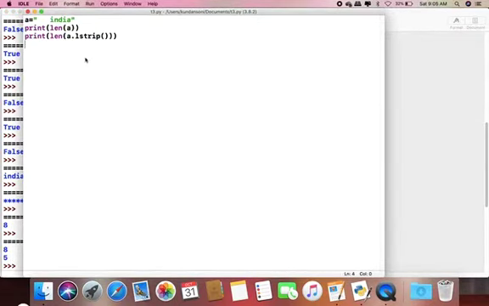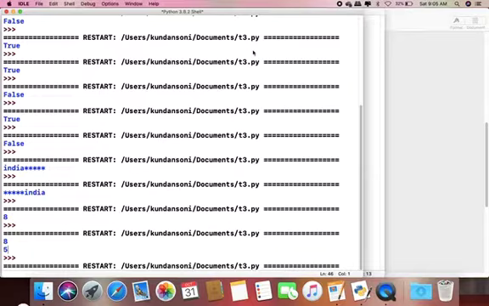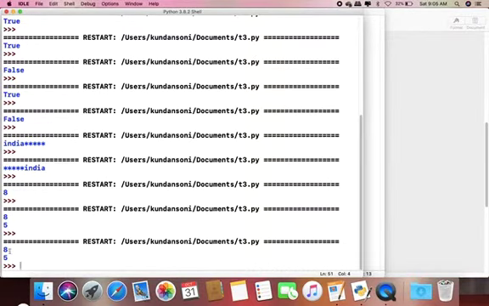In the same way we have rstrip. If we have space from the right side and I want to remove it, first I change the function to rstrip, then I run the program. Okay, so you can see here the right side space was removed and the length of the string is 5.